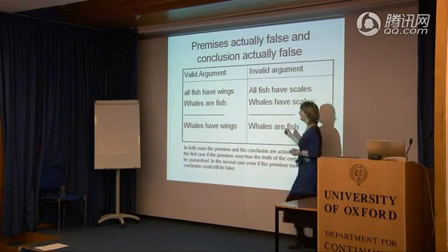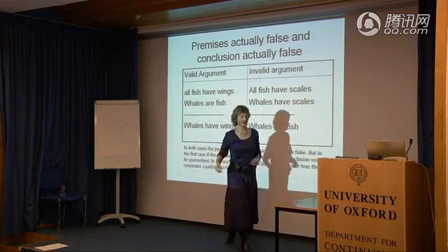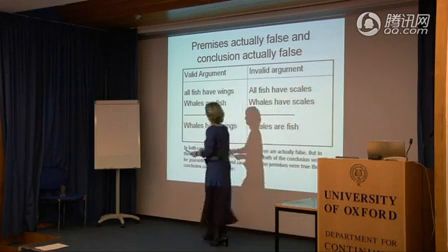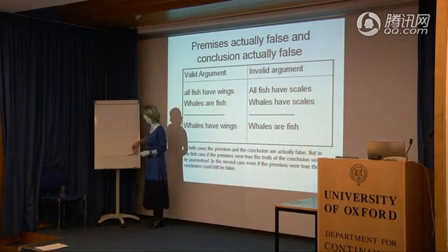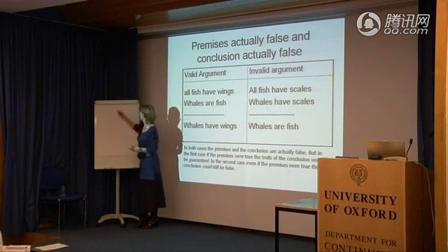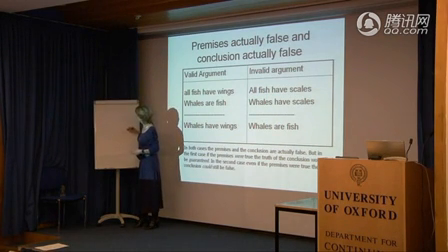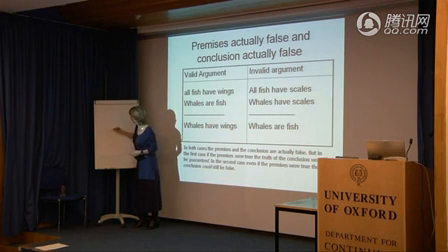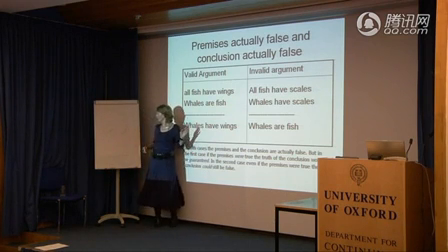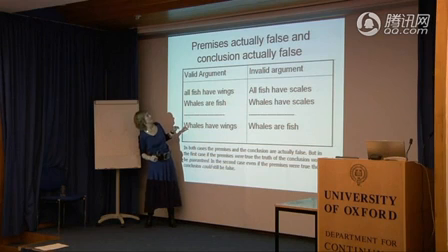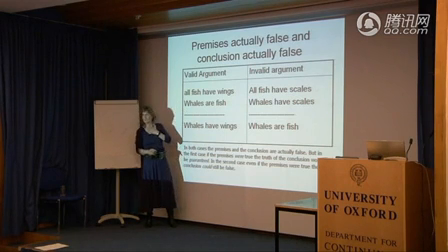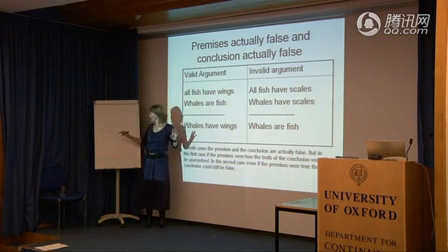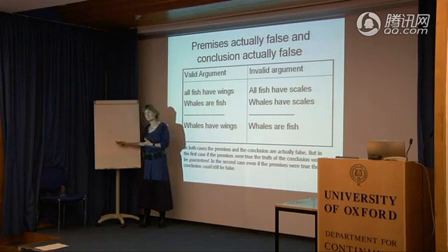Okay? Why do I say that? Well, if I find my pen again. All fish have wings. Here's the class of winged things. The class of fish is inside. Whales have wings. Oh, sorry, yes, thank you. I was suddenly thinking, oh my God, it's not valid. All fish have wings. Whales are fish. Okay. Therefore, they've got to have wings, haven't they? That guarantees it. They've got to be inside the class of winged things.